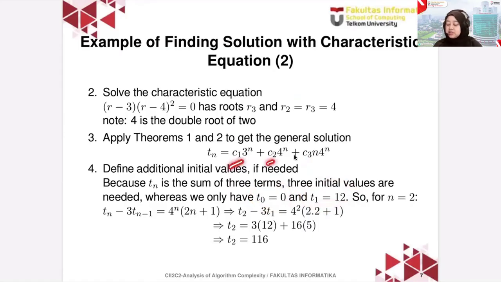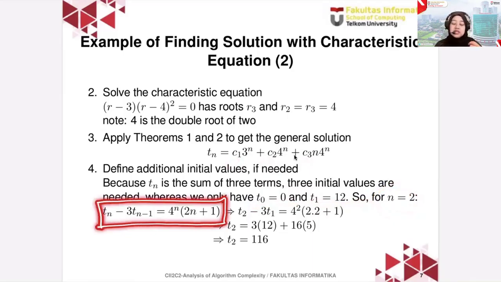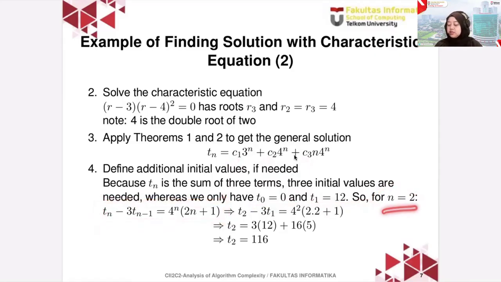So for three constants, we need three equations. For two constants, we need two. And for four constants, we need four equations. So here, because we have three constants, we need three equations, but we only have two. So we can find another one by using the initial recurrence relation we had. So for n equal to 2, from the initial problem we have, we can know that